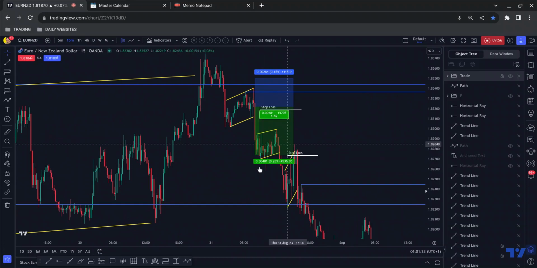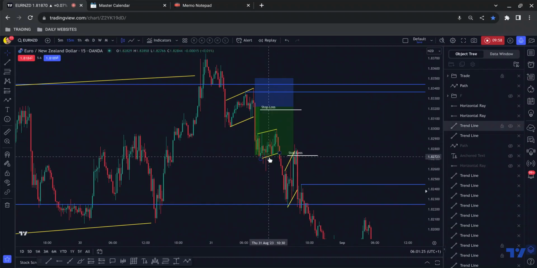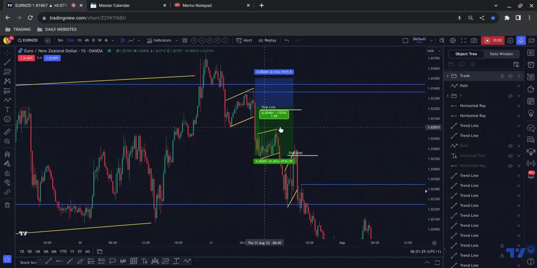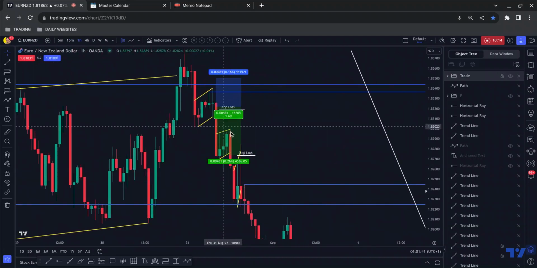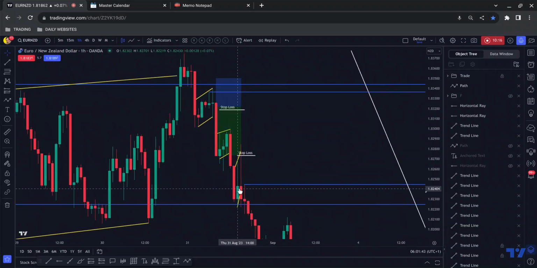I don't really get involved in these wiki flags, which is why I stayed out, because I've found them to be quite problematic. But if I had got short on the break of this flag, I would have had my entry just under here. So if that's the case, that's where I then move my stop loss. If we get a piece of structure like that,